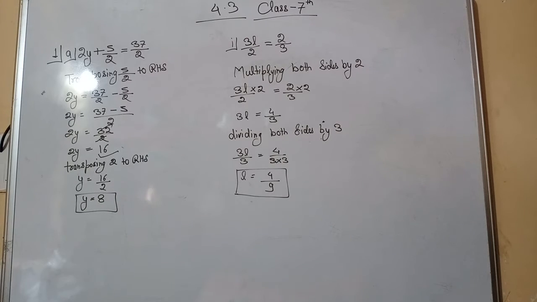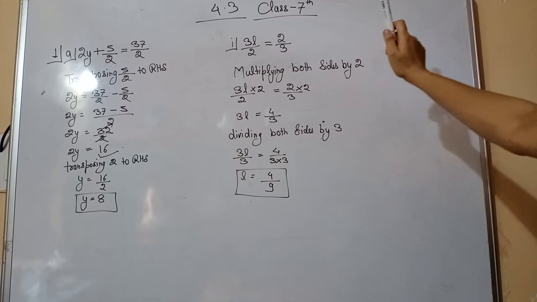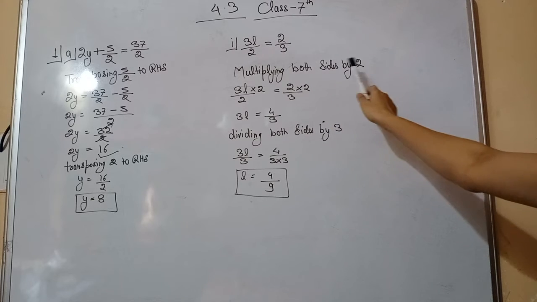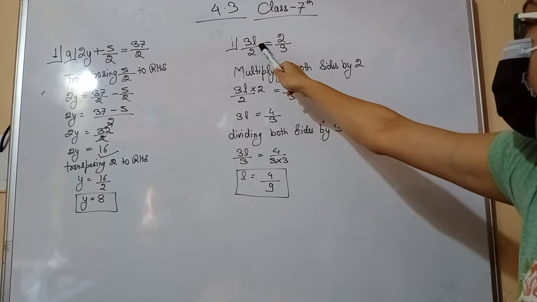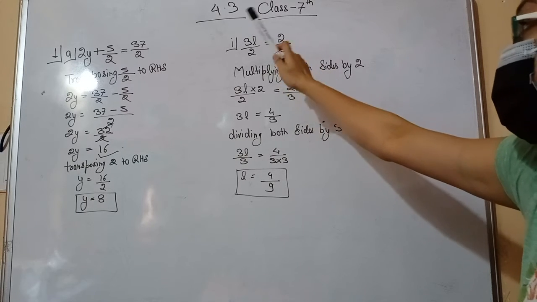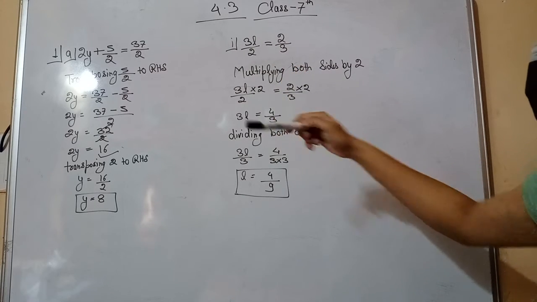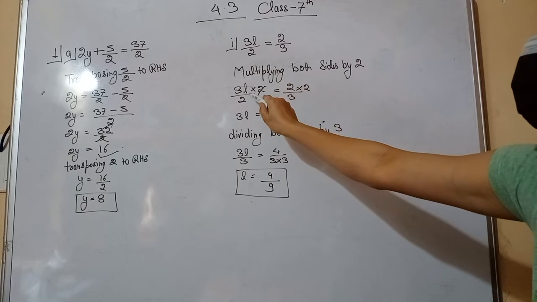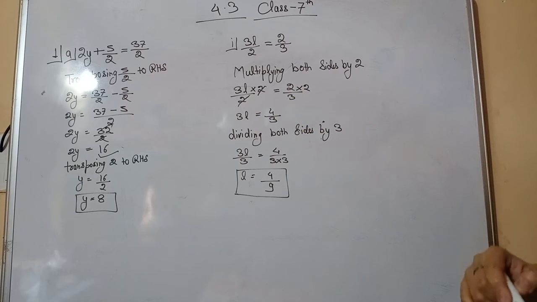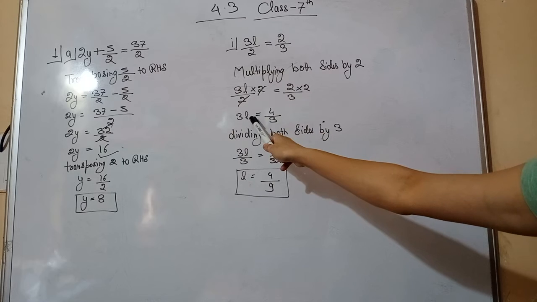Okay. Now the different option of the same question is option number I. Now let us see what is given in option number I. See here, 3l/2 = 2/3. Now we know the method. Multiplying both sides by 2. See, 2 is in divide here. This is a constant with the variable. So what we have to do? We have to eliminate all the constant from the variable side. So multiplying both sides by 2. When you multiply this side, this 2 and this 2 get cancelled out. And what is remaining left? That is 3l equal to 2 2s are 4, divided by 3. Now 3 and l both are in multiplication.